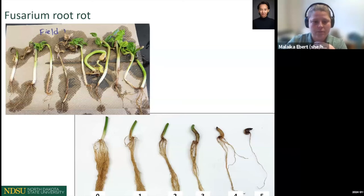This is a picture of, where's the pointer? Here. This is how it looks when we take samples from the field back to the lab. We take the whole plant and try to get as much of the roots as possible because they help us get the pathogen out of the plant. You can see that most of those plants are very stunted, and the root biomass is not very high. When we look at this disease scoring, this is a healthy plant, everything's green, with a very thick root and a lot of root hairs. With progression of the disease, the symptoms become more and more prominent. We get reddish, brownish discolorations, and the amount of roots gets lower and lower. These plants we will disinfect,